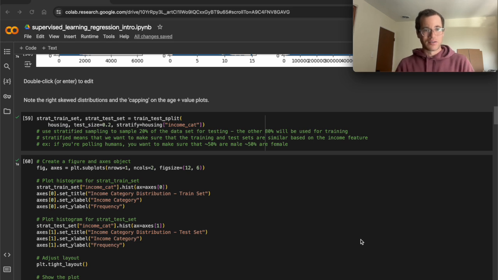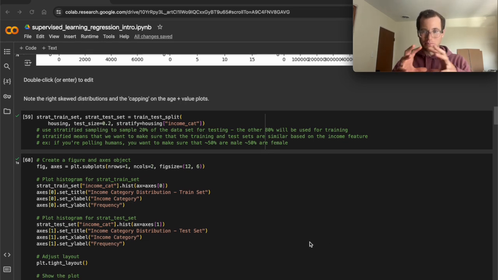When it comes to predicting housing prices, something else to note is that in your training data set, we're going to purposefully take out the house value, our target variable, because we don't want overfitting. And this is where the art comes into this whole process. You just have to know, or you'll be told, that when you're breaking your data into a test set and a train set, you want to make sure that